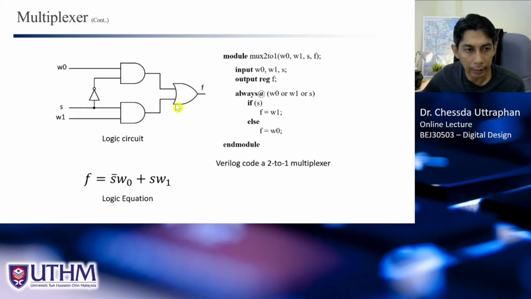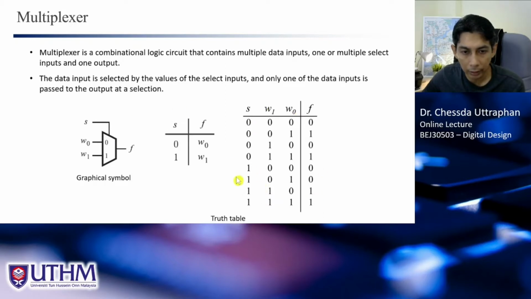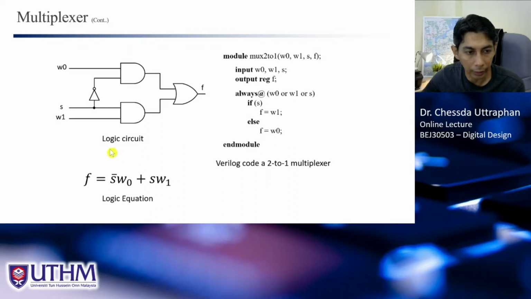And the circuit is this, because we have the truth table here, so we can generate the logic equation. From the logic equation, of course, we can generate the logic gate or logic circuit. And we can write the Verilog code to describe this circuit, whether we use data flow modeling, where we straight away write the logic equation using the assign keyword, or we can also